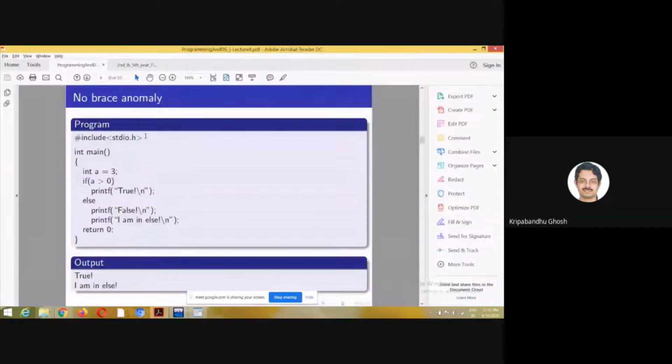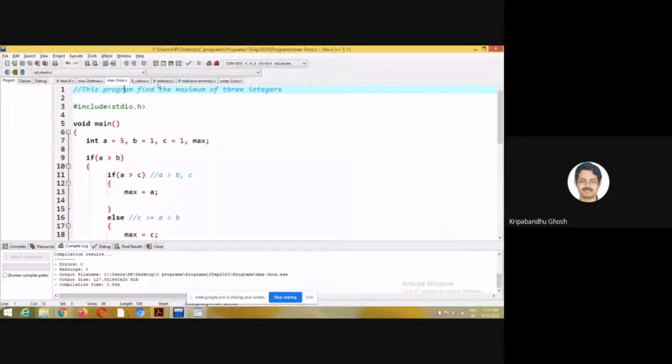But you may not explicitly use a curly brace. If you don't use it, the line immediately following the if statement will be under the if statement, nothing else.